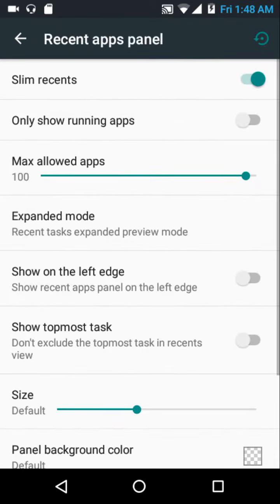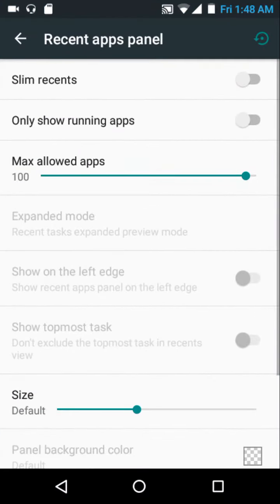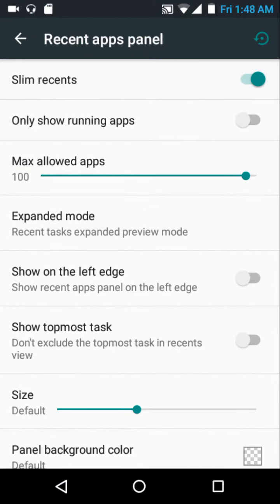Then we have the recent app settings, and obviously this ROM has slim recents too, and you also have an option to check that off. If you check that off, you would be getting back to the stock Android Marshmallow recents panel. Again, slim recents are